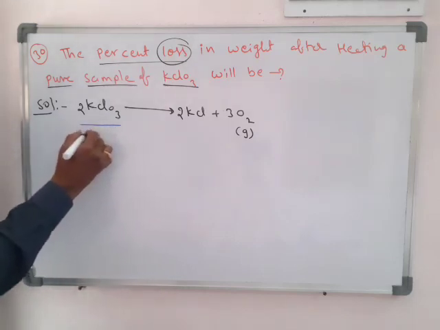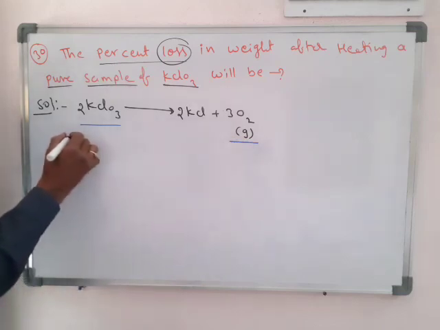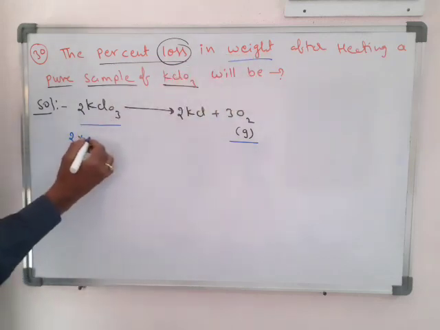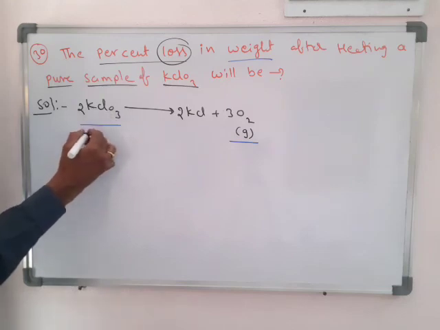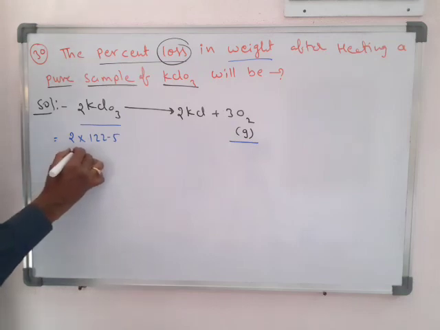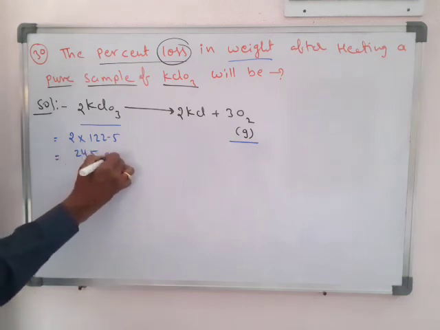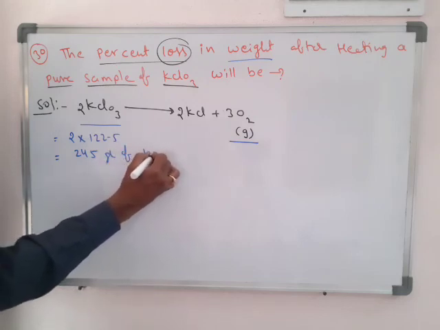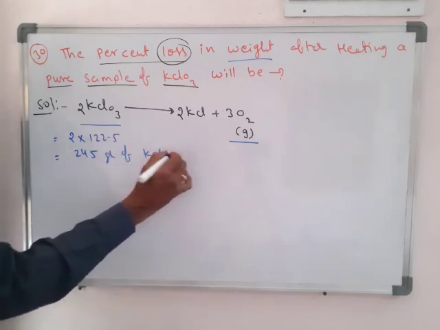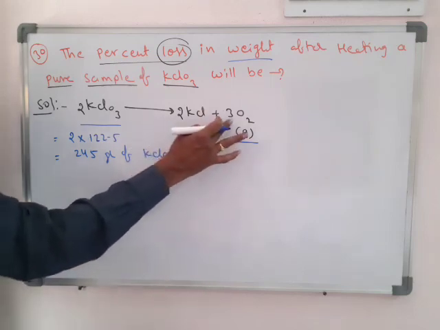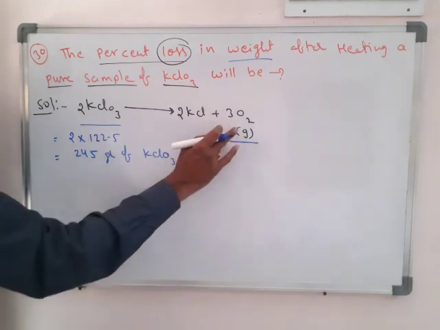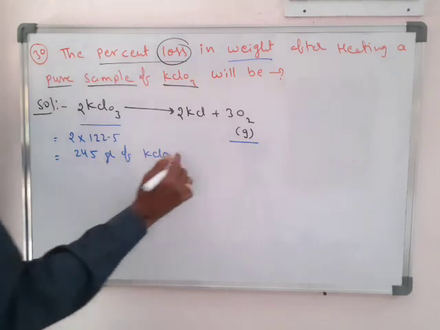So here 2 moles, what is the molecular weight? In terms of weight, it is 39, 35.5, 48, approximately, sorry, exactly 122.5, so 245 grams of potassium chlorate releases. Here it is important: you can do it in terms of KCl, or you can do it in terms of O2 also. O2 means we directly get the loss. Okay, so releases